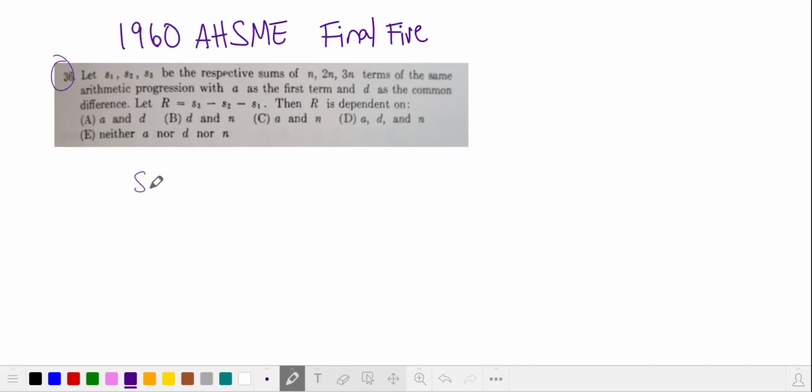We're going to use this formula for the sum of terms in an arithmetic sequence. It's the first term plus the last term, take the average, and multiply by n, the number of terms. So we'll write S1, S2, and S3 in terms of this formula. S1 consists of n terms. Our first term is a, and our last term is a plus (n minus 1) times d, and we'll simplify